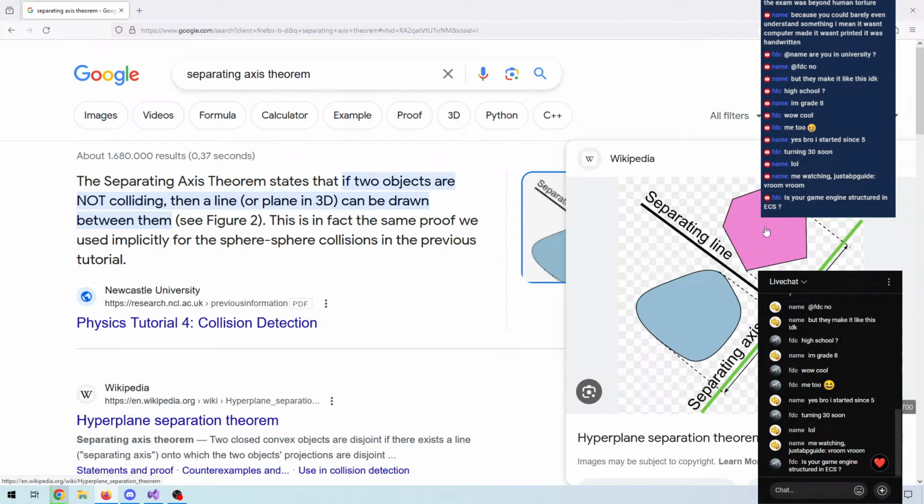You could also say if the radius of each object calculated from their centers doesn't overlap, we have a separating axis. Yeah, I'm not sure I explained it very good, but